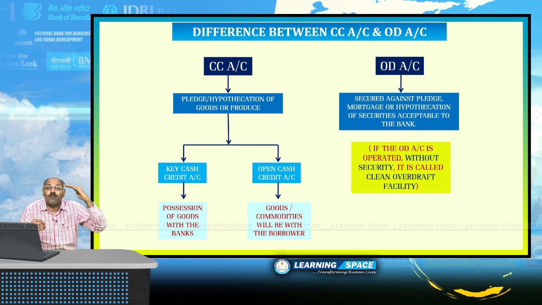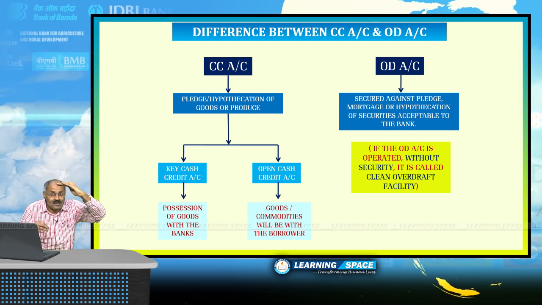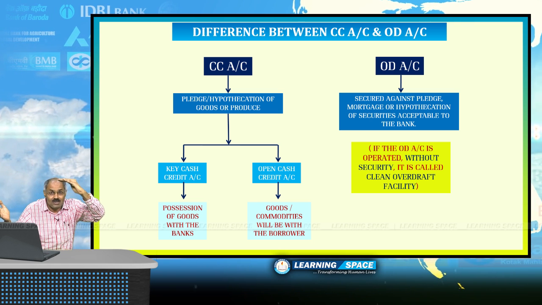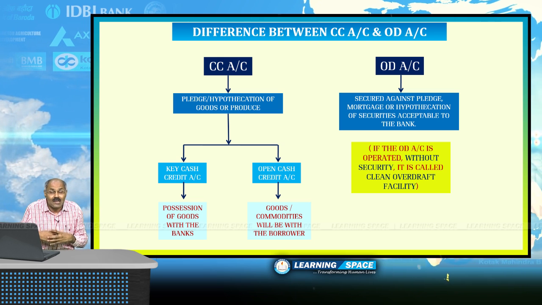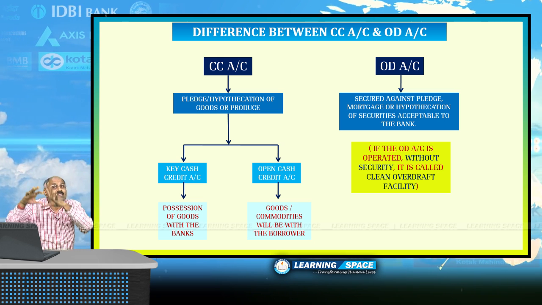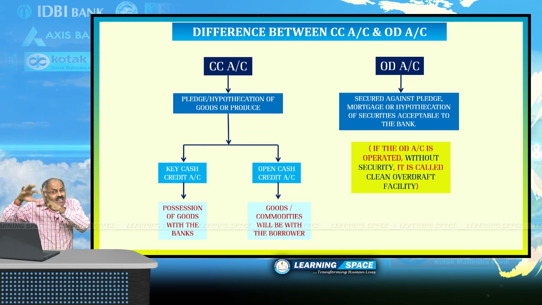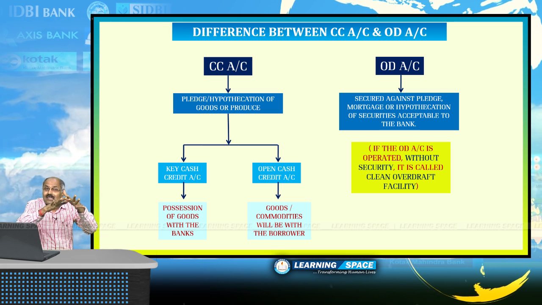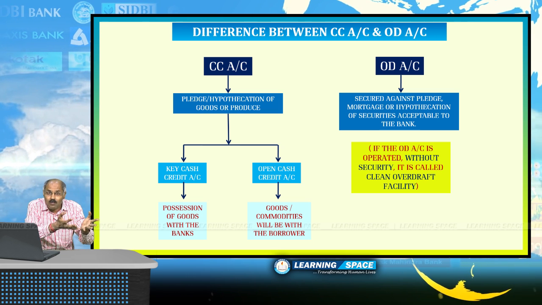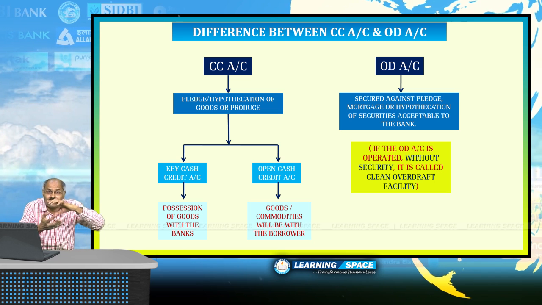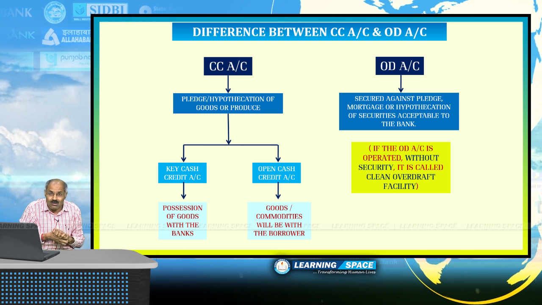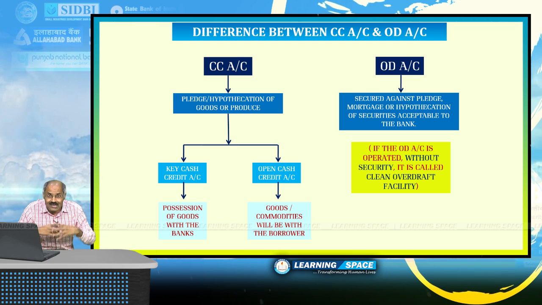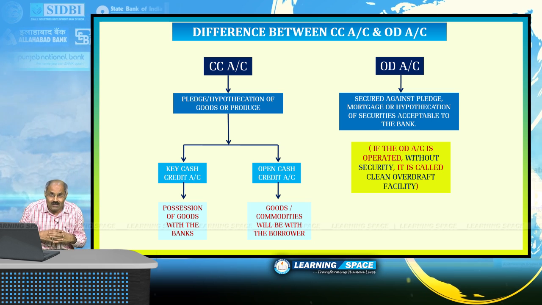Overdraft is also allowed up to a certain limit, but the collateral securities may be different. Collateral security may be some share certificates, maybe some building, maybe some land site. Different types of collateral securities are accepted in an overdraft account, whereas only the raw materials or produce is accepted as hypothecation in case of a cash credit account, and barring this differentiation, both are one and the same.